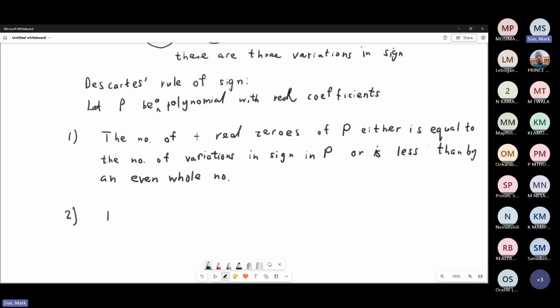It says that the number of negative real zeros, and I'll just say negative for the sign, the number of negative real zeros of P is either equal to the number of variations in sign